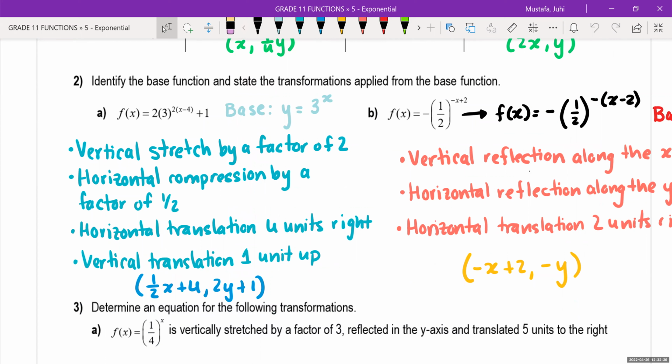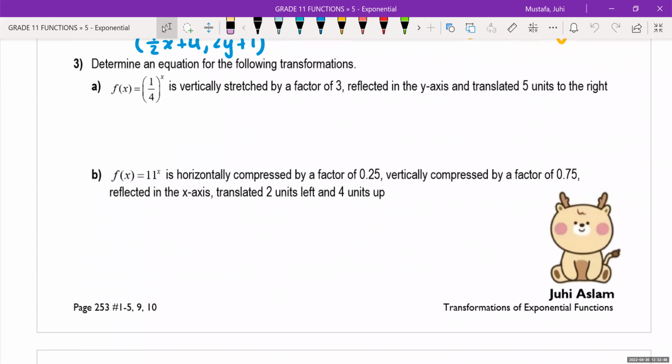So we're just going to continue on with this. If you take a look at the rest of the sheets, question 3, we're just going to do more of the transformation stuff. Then we're actually going to get into graphing. So that's our goal for today. So let's start with question number 3. Question number 3 says, determine an equation for the following transformation. So this time I'm telling you the transformations in words, and we're going to take those words and change them